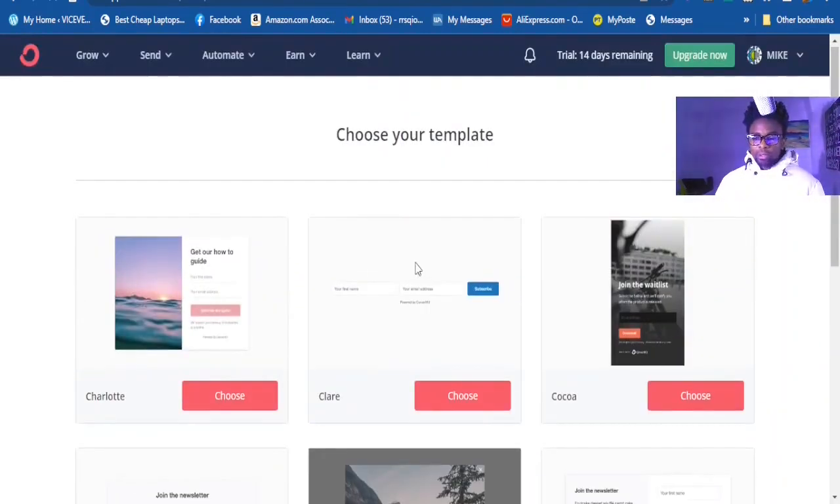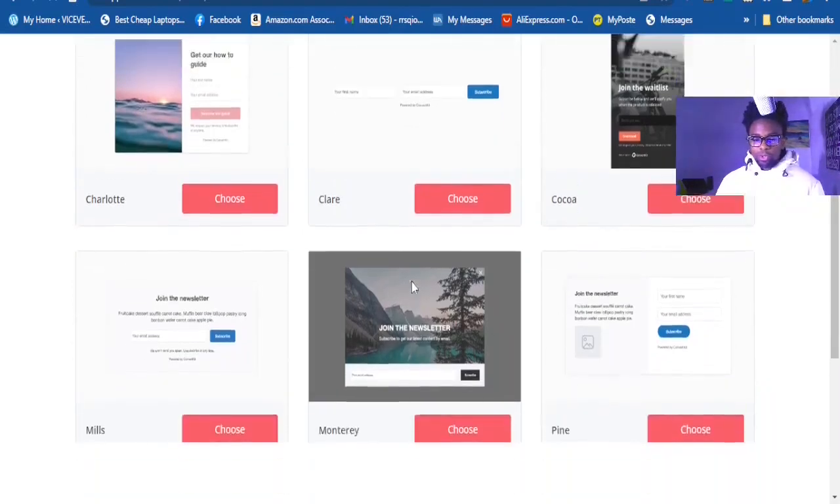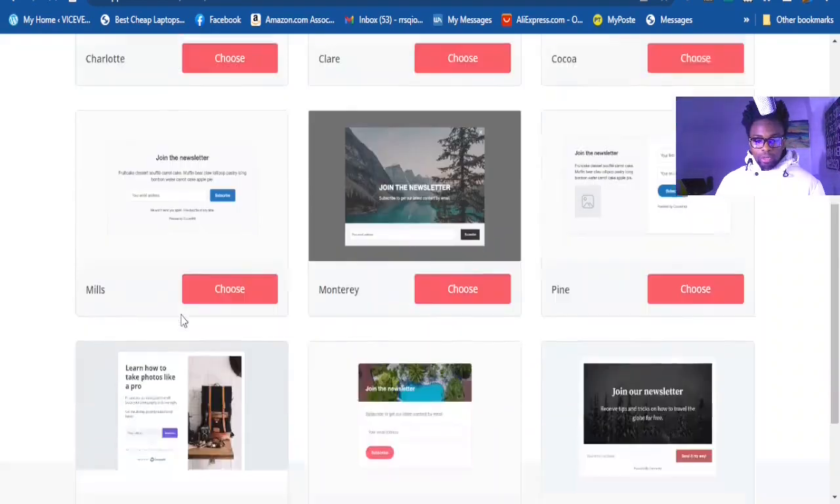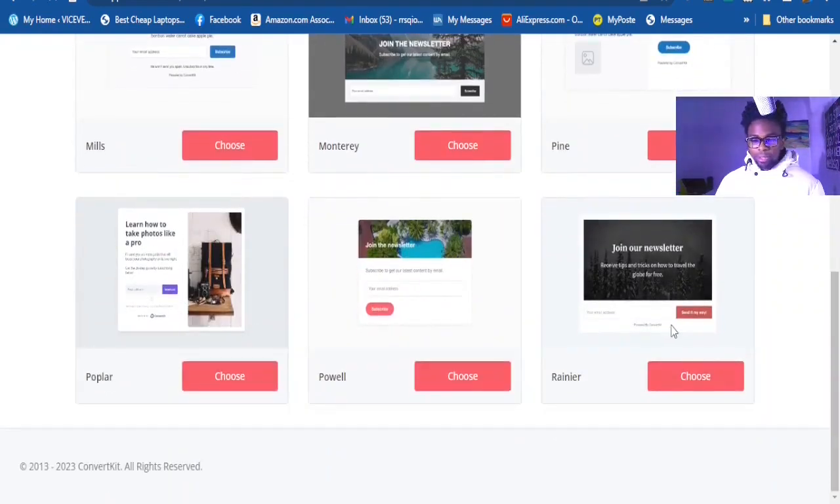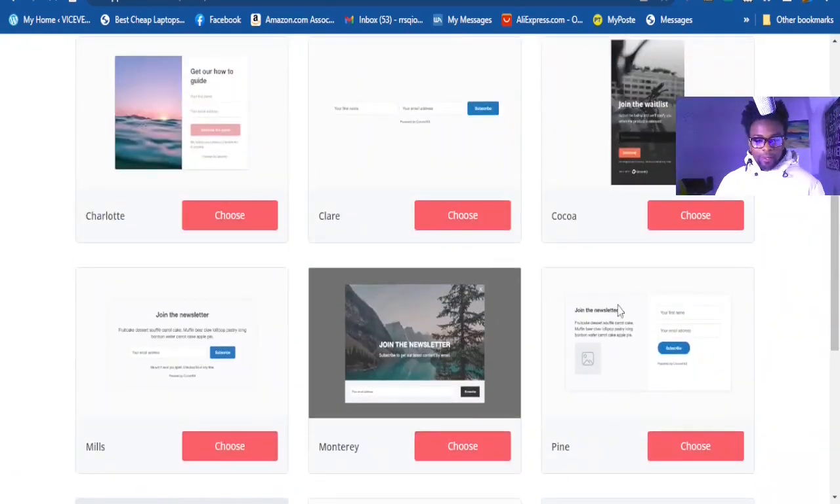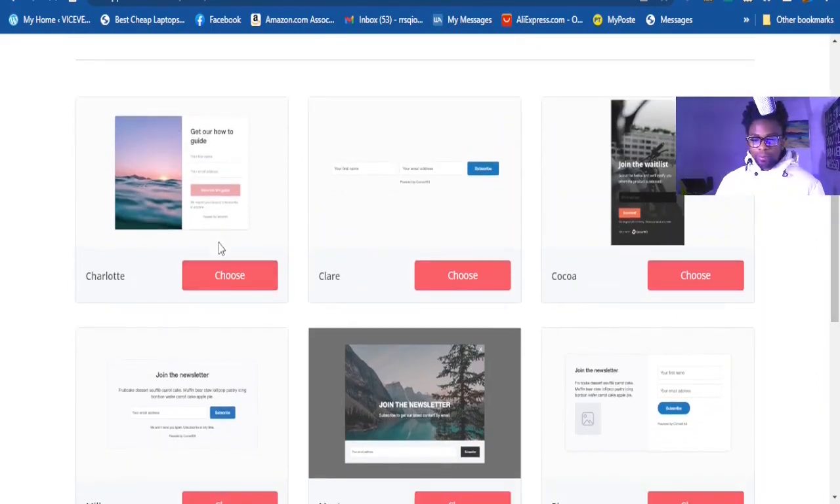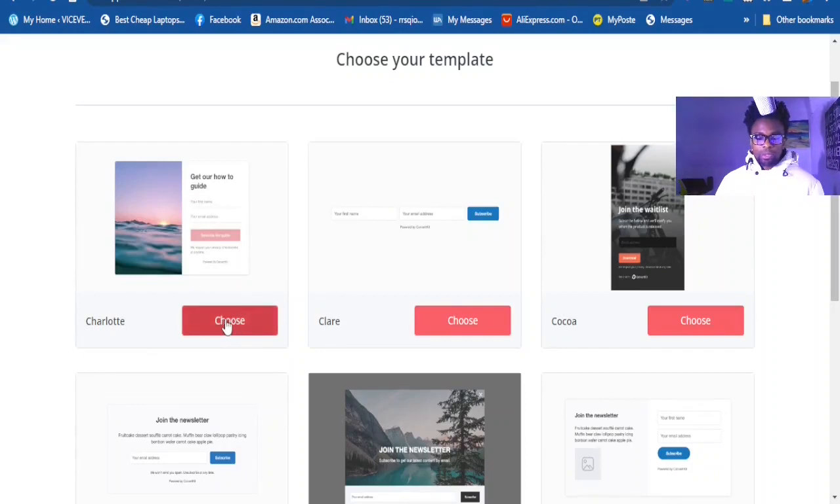So these are the templates that you can choose from. You can choose from this template here, the one that you like. You look around and choose the one you like. So now let's say I want to choose this one here. I want to go with this one here. So let's choose